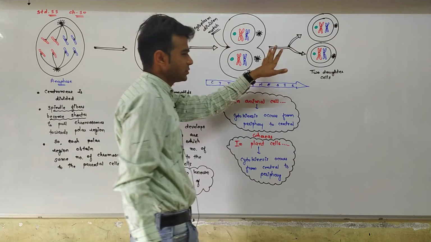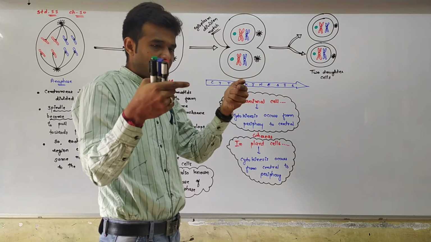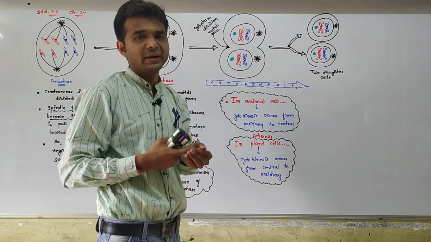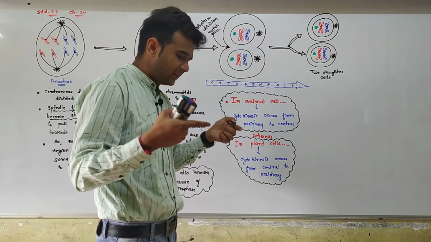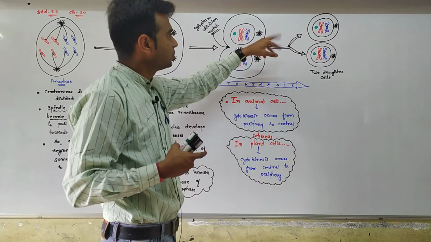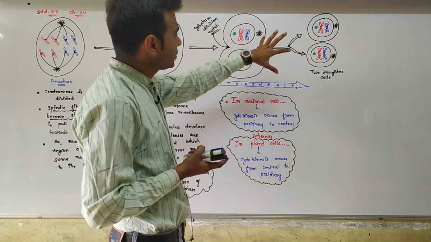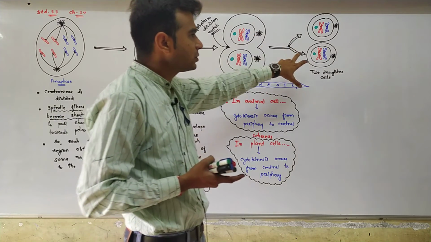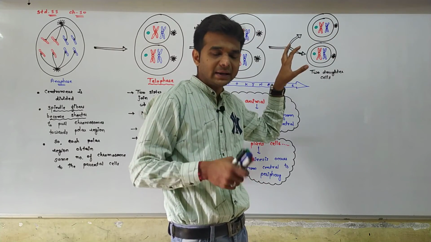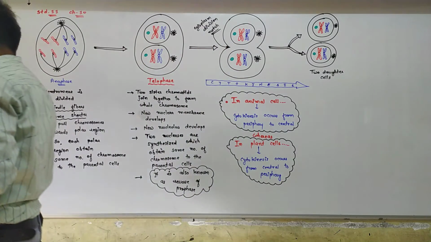Now you think about that these all the diagrams are in between these two. So the notches come nearer to each other, and when both the notches come close to each other, two separated cells are formed there. As a result, the two cells are exactly similar to the parental cell. That's why this is known as equational division.